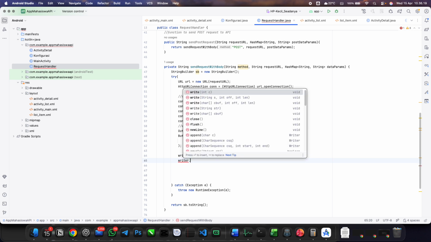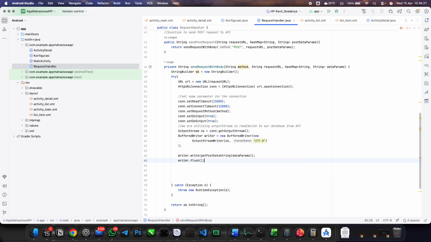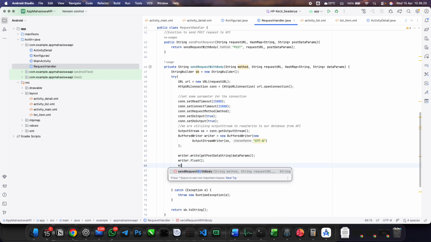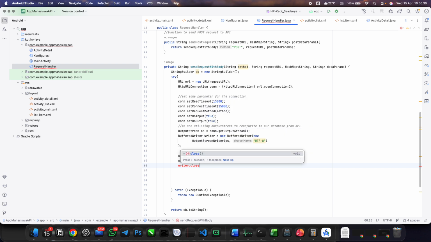Writer flush to send over the data, and also we close the writer. Now, after we close the writer, we also need to close the output stream, because the data will be sent to our backend, and we will read the result or the response from the server.